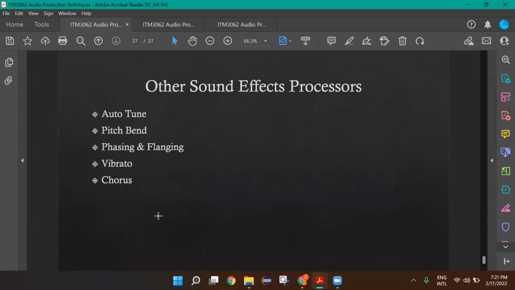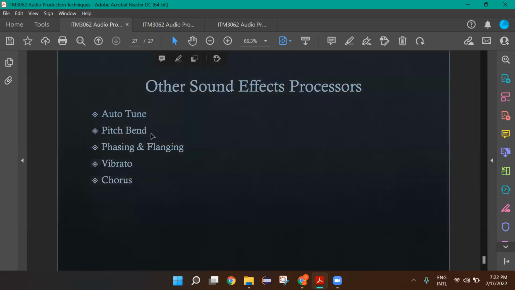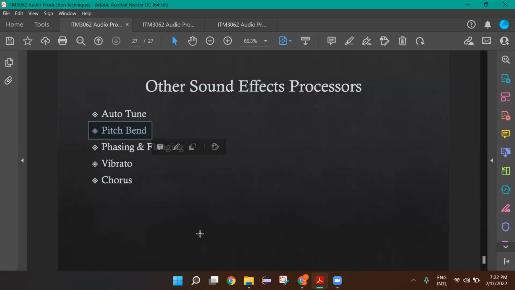Auto-tune is actually overused in most modern pop music. If you listen to the music of BTS and Justin Bieber, and a lot of other modern musicians, they use auto-tune. Their natural pitch is changed. Then pitch bend is another sound effect, where the pitch is changed